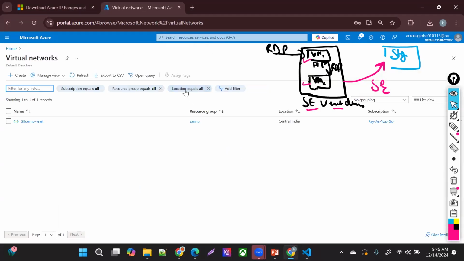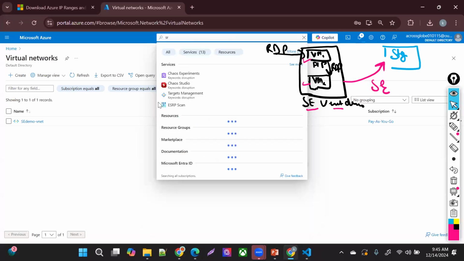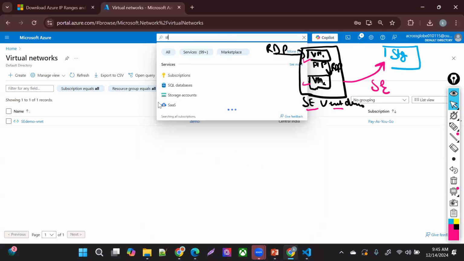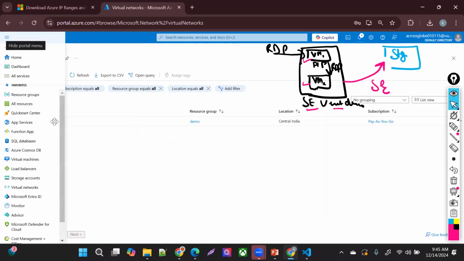Everything I'm doing in Central India, so I'm going to create my storage account also in Central India. Very simple here. Search for storage account. There are multiple ways to create a resource: either search from the global search bar, or go to the marketplace.